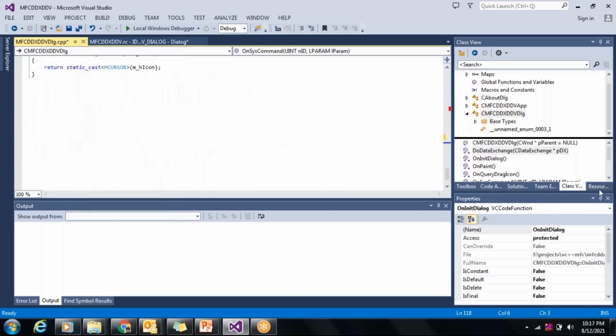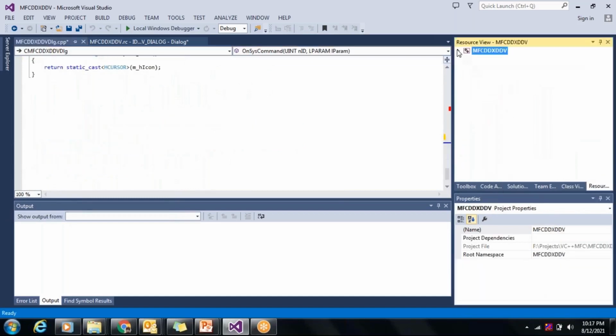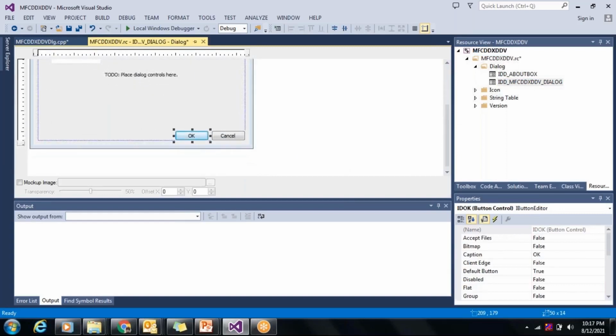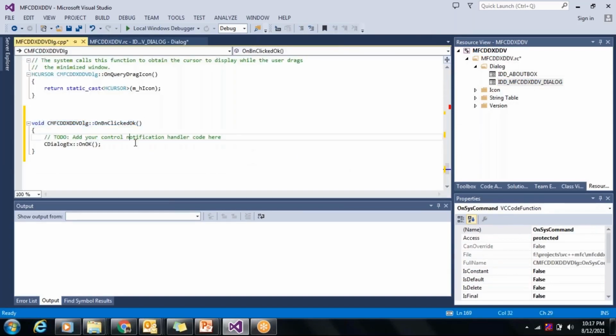That is when we can add an OnOK function. So let me open the dialog here, and I'd like to double click on this OK button. On click of that, the function gets added, that is OnOK.